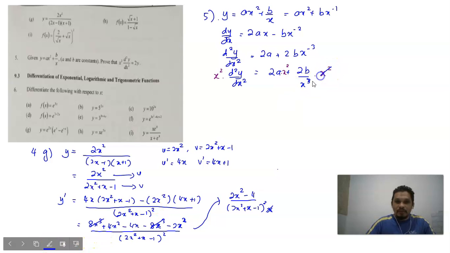X squared divided by x cubed, there is only one x left. Then x squared times the second derivative of y with respect to x equals 2ax squared plus 2b